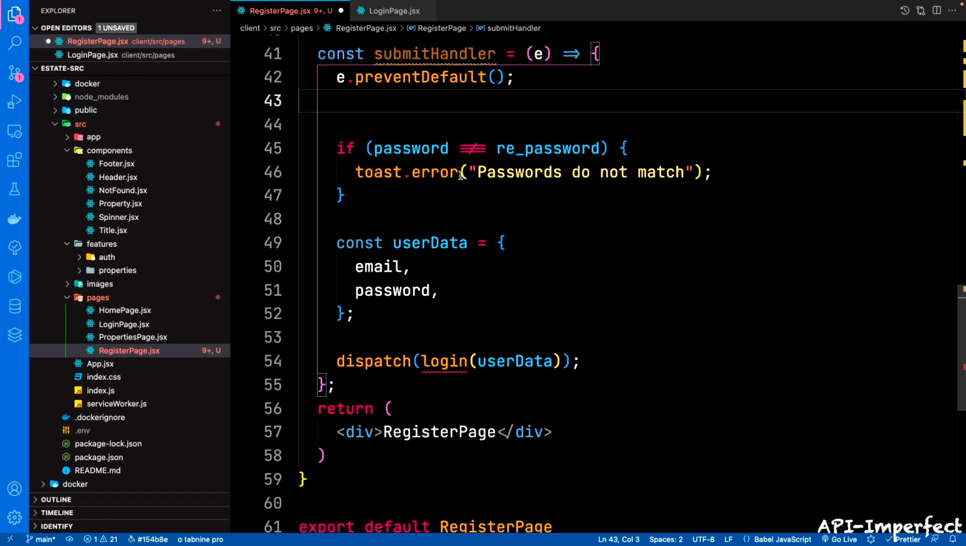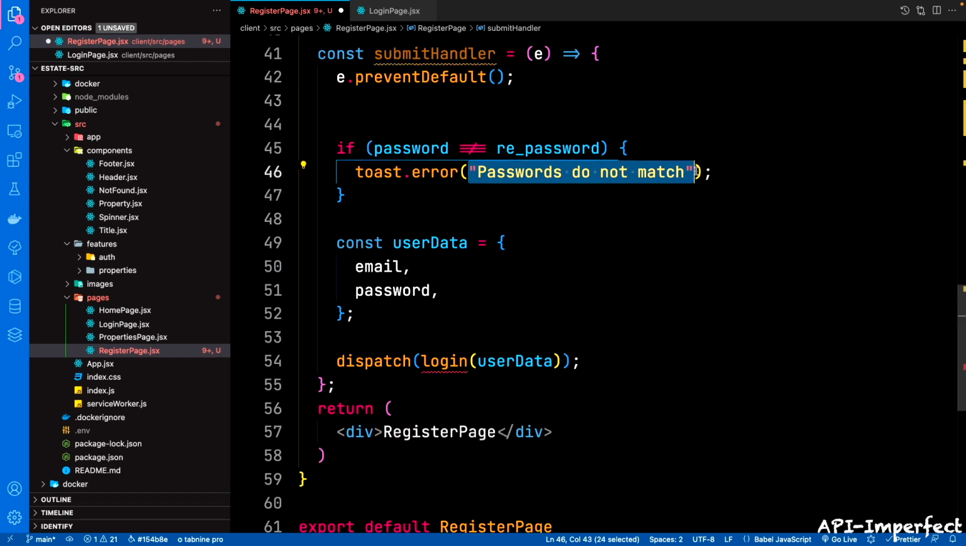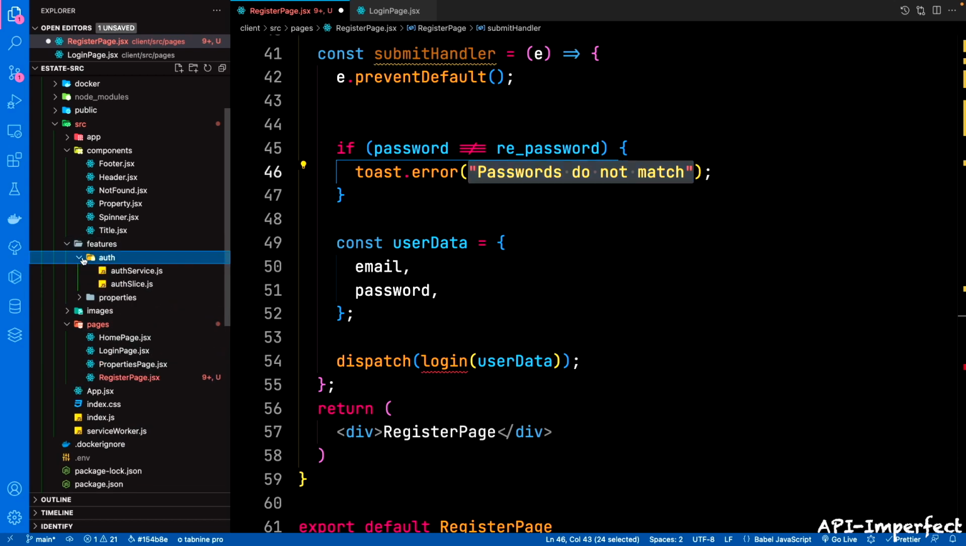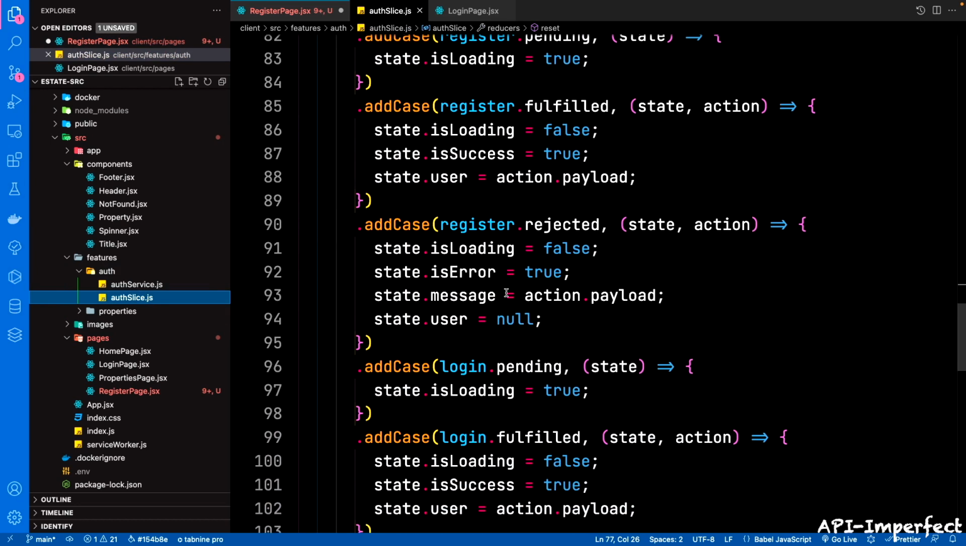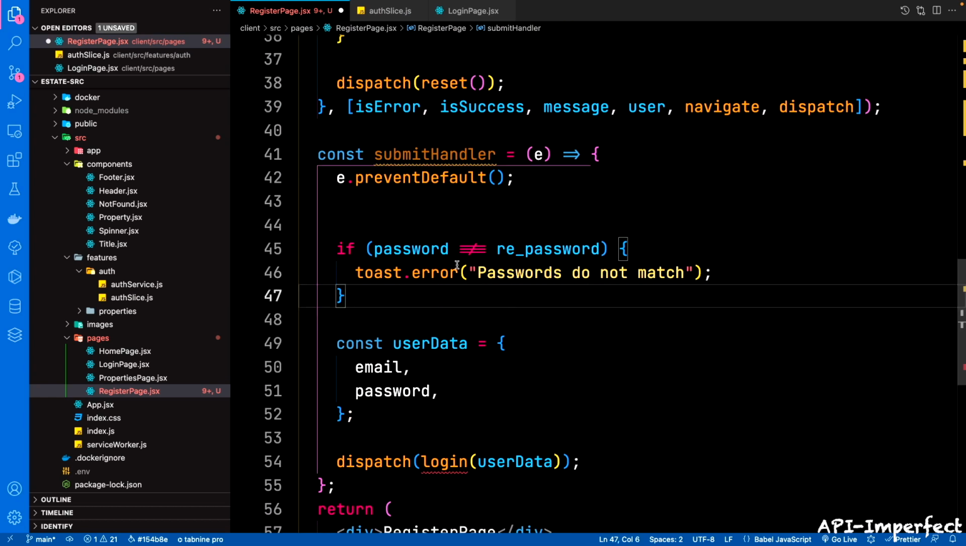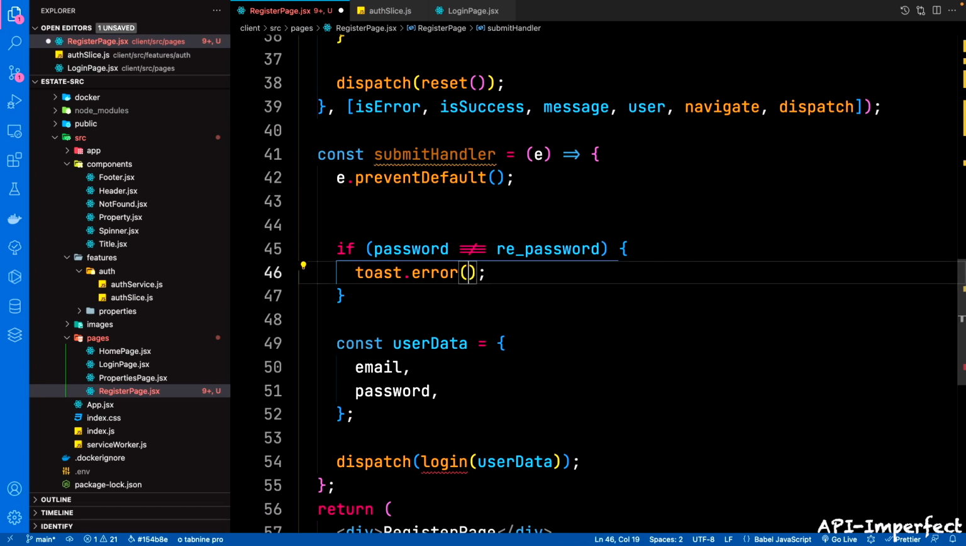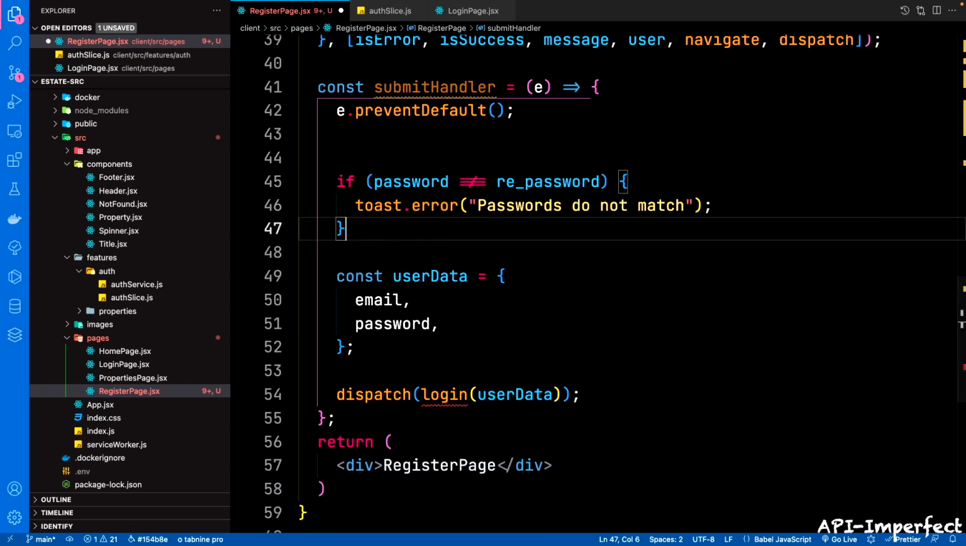You can as well get this error message from the action payload from the backend if you don't want to type this message again. How do you do that? You just go to auth slice here. Then in the register rejected, you can just now pass in this payload. Here you can just say message if you want, like that, or declare another message like passwords do not match. That's still okay. So if the password does not equal to the confirm password field, pass that error message as a toast. Else,